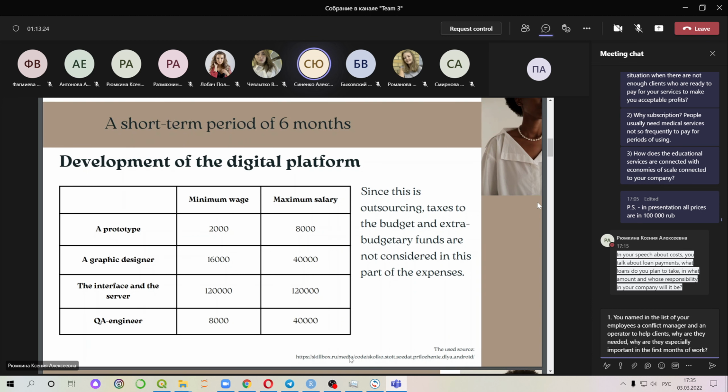In order to study this aspect in more detail, let us turn to statistical data on the amount of such expenses. The first part of costs is developing the platform. This procedure includes 5 stages: creating a prototype, application, design, and testing. And such costs are one-time. That is, we do not bear this cost every month.